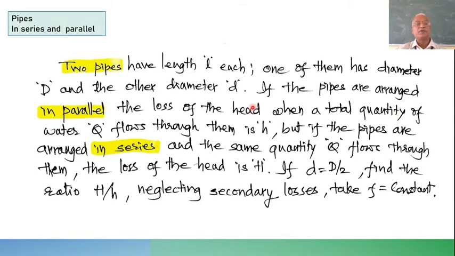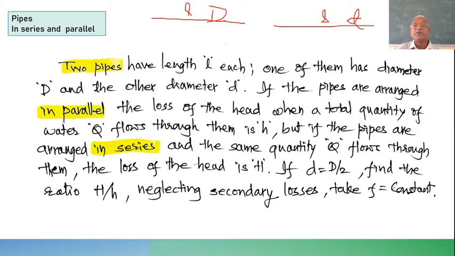Okay, this was the problem given in the last class. Hope you have tried. We'll see how to solve this. I'll read the problem once again. The two pipes have length each L. Both the lengths are L. One of them has diameter D, the other diameter is d. So if I just note the things, there is length L and another length is also L, the same length L and L, but the diameter is capital D on one side, lowercase letter d on the other side.